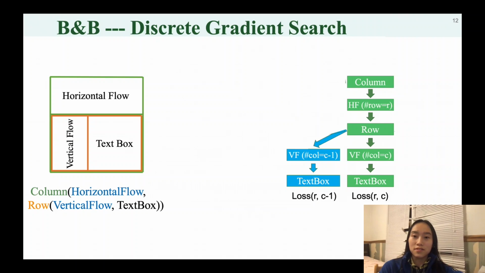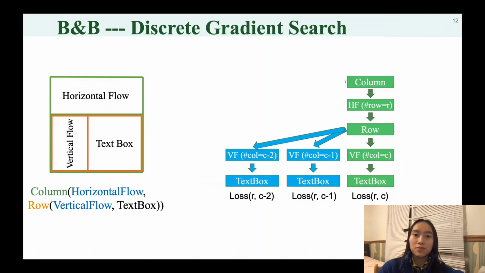It starts with the alternatives with fewer columns, in the order of C-1, C-2, etc. When it processes C-1 branch, if the loss is smaller, we update the currently best solution accordingly and process the next vertical flow alternative with C-2 columns. If that is not better than the previous branch, awk solver stops trying even fewer columns, since that would continue the trend of a narrower vertical flow and lead to worse results. Analogously, it also tries increasing numbers of columns starting from C+1 until that also increases the loss.